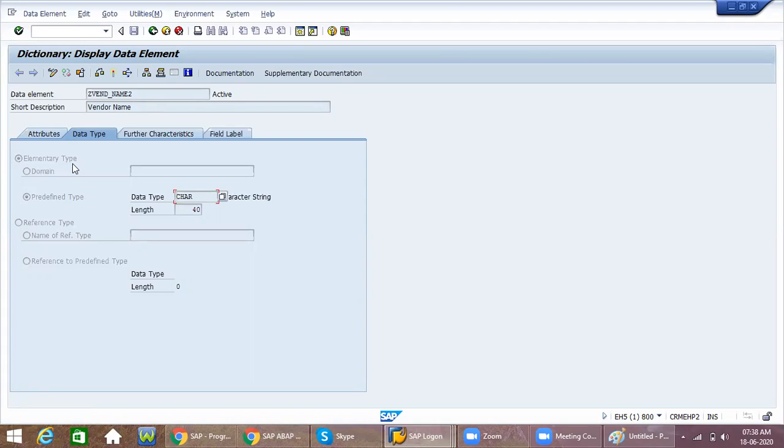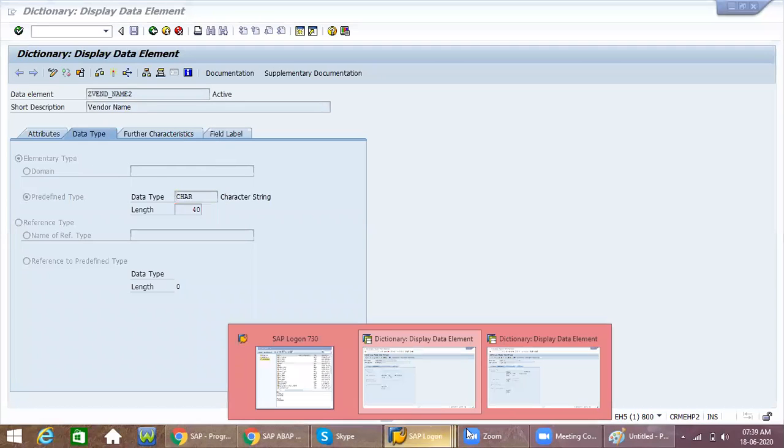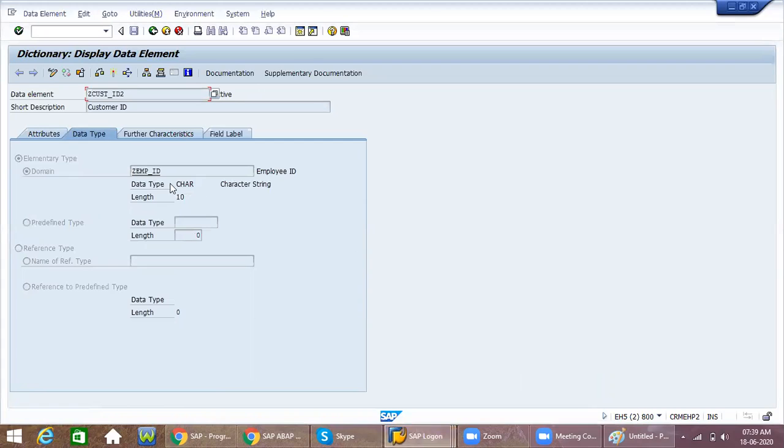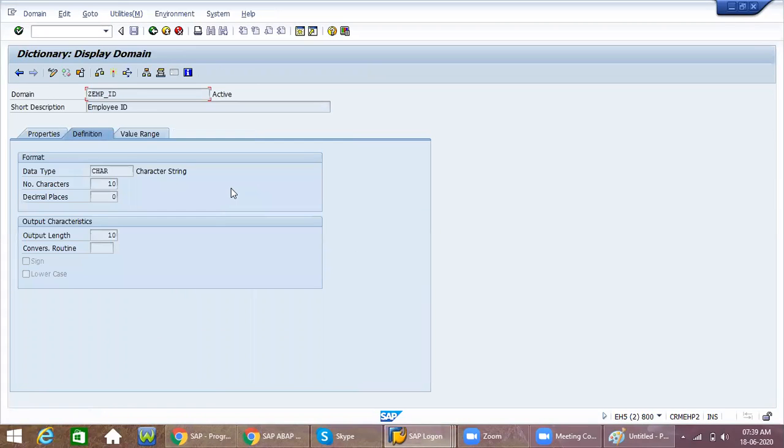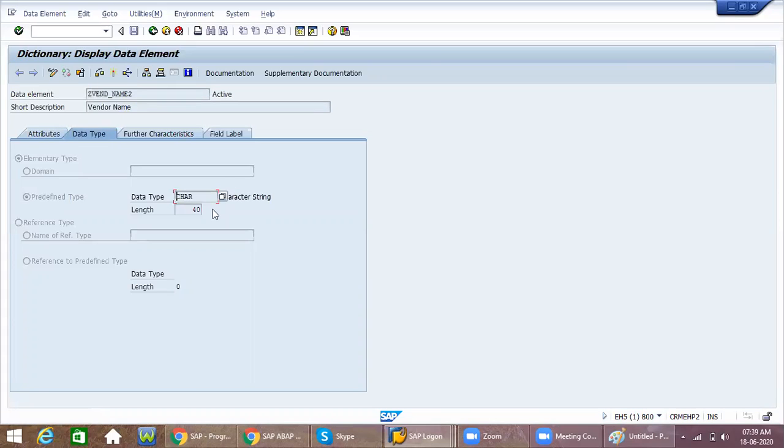Sometimes, see, what is a domain? It describes the technical attribute, like a data type and number of characters, the length. Same data type and number of characters I'm providing here, no?